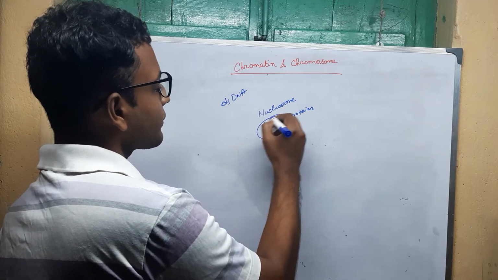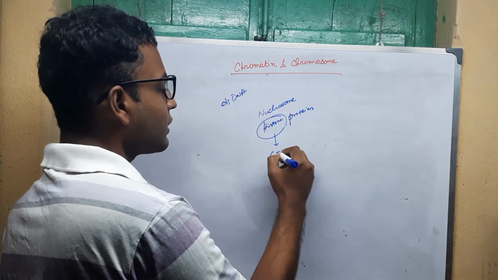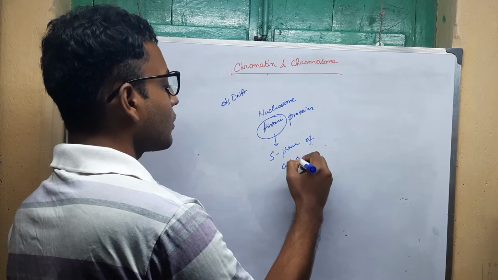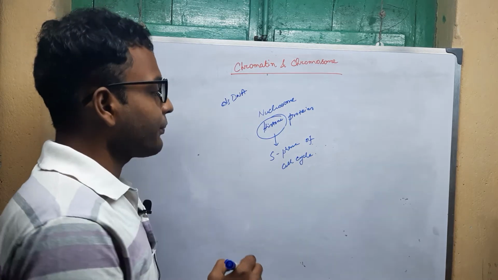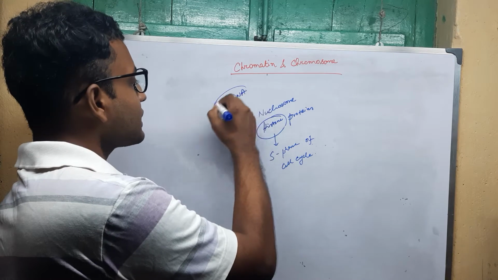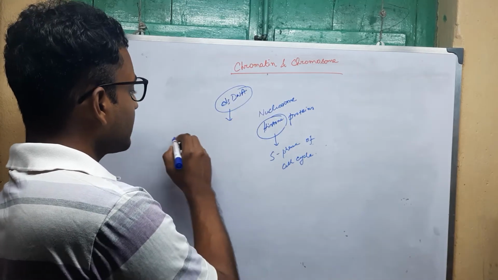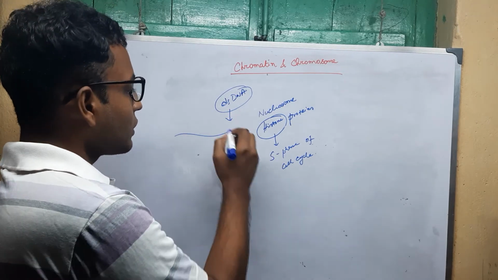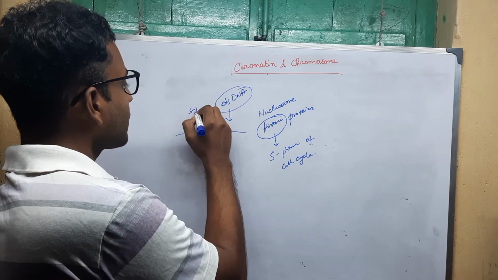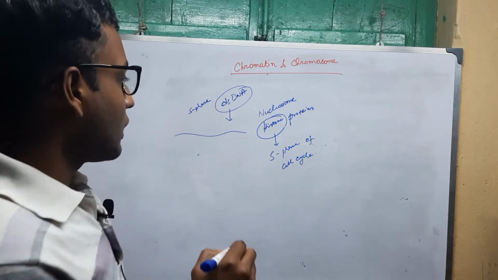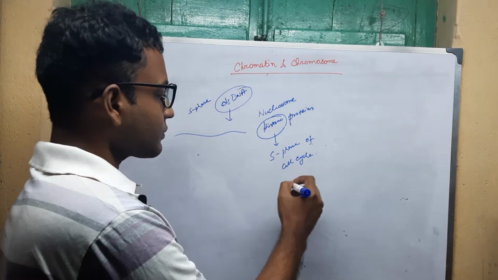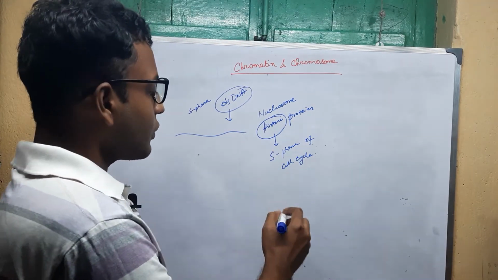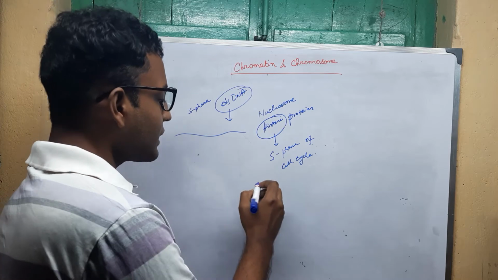These histone proteins are synthesized during the S phase of the cell cycle, and the double stranded DNA, that is a string like structure, is also synthesized during the S phase. Now after the synthesis, this double stranded DNA along with the histone proteins forms a coil like structure, that is